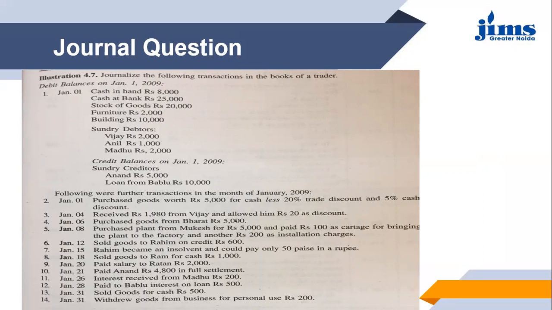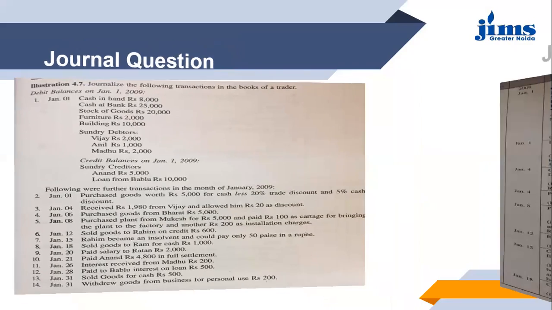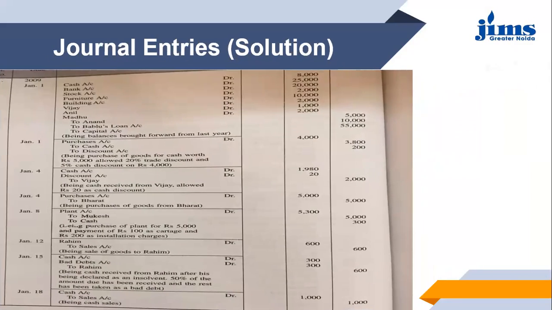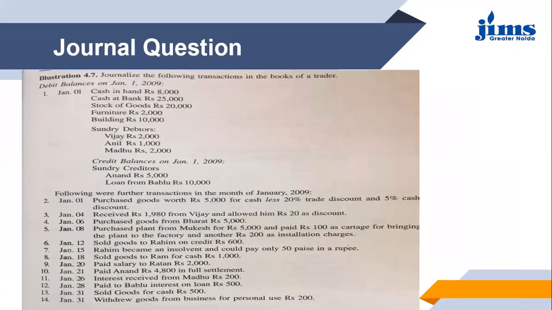And since the sale is occurring for cash, cash is coming into the business. Again, as per the real account rule, cash is coming into the business, so it will be debited. So you can see the entry here, cash account debited to sales account. We will be putting the entry January 18, cash account to sales account, small narration being cash sales, and 1000 in both the debit and the credit columns.